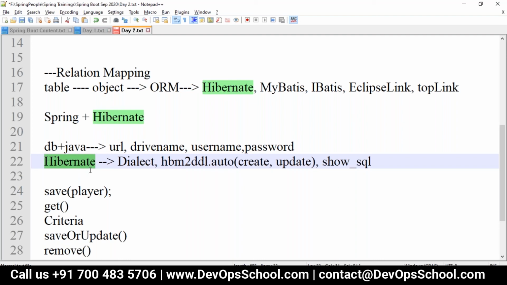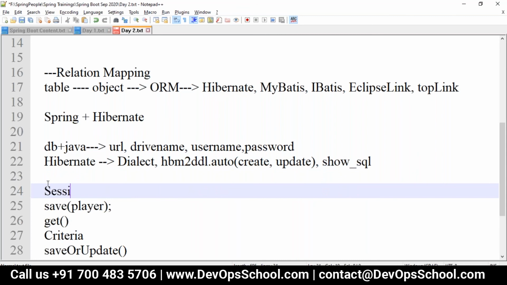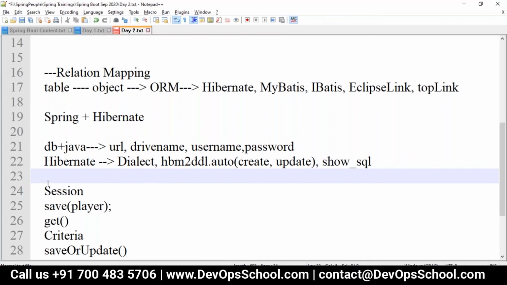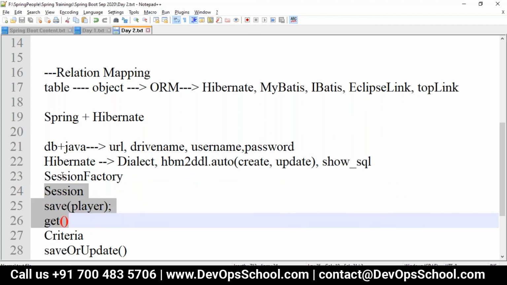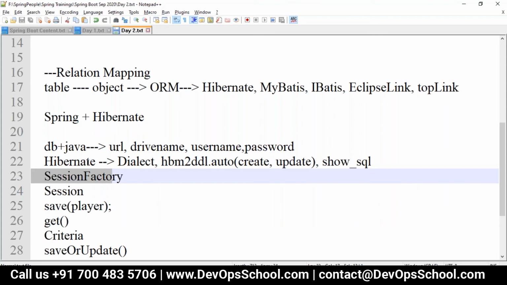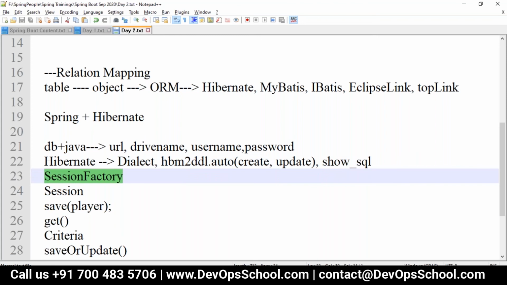With Hibernate, all these methods are available in the session, but the session is one piece of code which runs one query, while multiple sessions need to be taken care of. To establish it, we have a session factory. The session factory is based on the factory pattern, and a number of sessions can be opened and executed from it. So we have to configure the session factory to work with Hibernate. Hibernate says you go with the session factory.